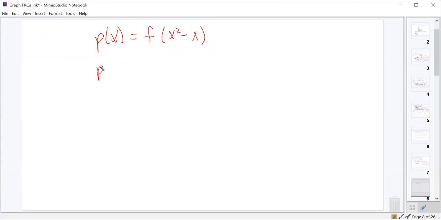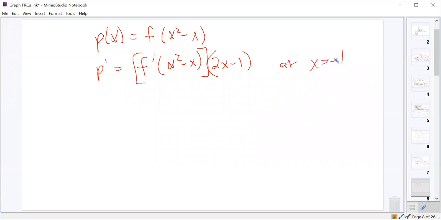So that'd be P prime, which would be the derivative of this, f prime of x squared minus x. Using the chain rule, we're going to multiply by the derivative of x squared minus x. And if we're looking for that at x equals -1, this ought to be f prime of, let's see, what's that? 1 minus a -1, so f prime of 2